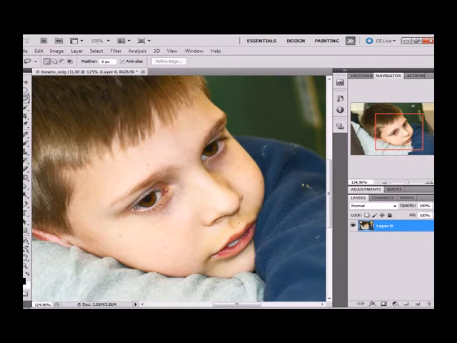Go around the eye. And then hold down the Shift key. If you hold down Shift while you draw around the other eye, then it will allow you to select both eyes. Okay, now to sharpen, we're going to go up to Filter,